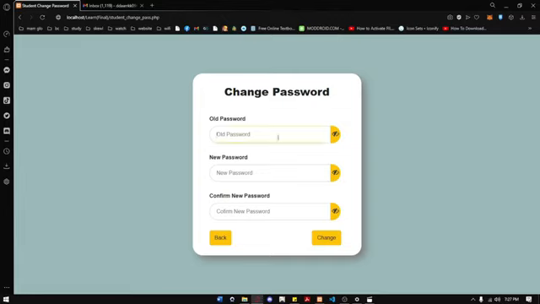Your old password, which is the password that you are currently using. This is used to confirm if you are really the owner of the account. Because there are instances where there are people who want to get your account and change your password so that you lose access to it. And in this case, no other people can change your password unless they know your current password.